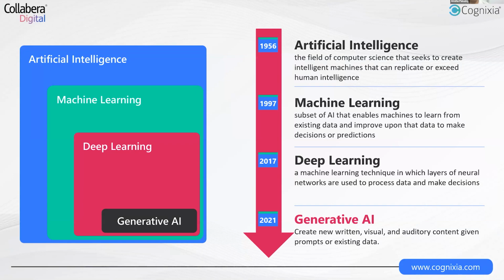One segment of AI which has gained quite a lot of popularity in the last few years is machine learning, which was coined back in 1997, and here we talk about the set of algorithms which use data to develop intelligent solutions. So ML is the subset of AI where we leverage data to build intelligent engines.